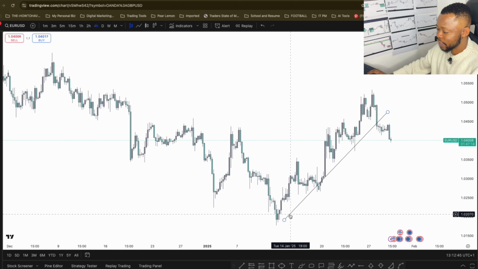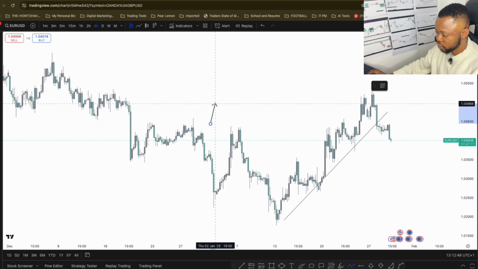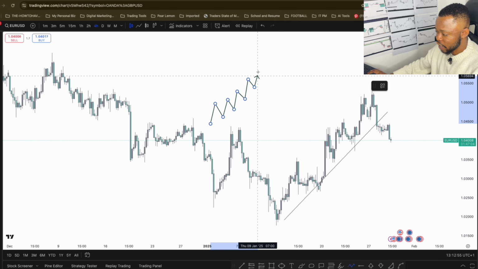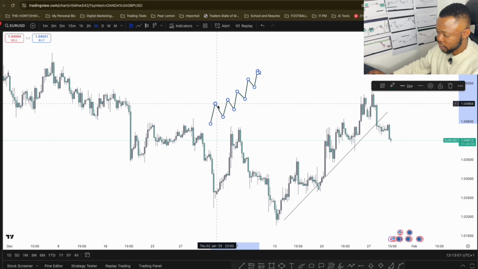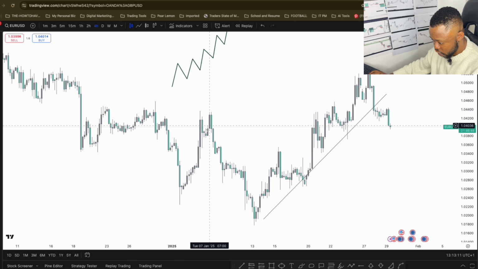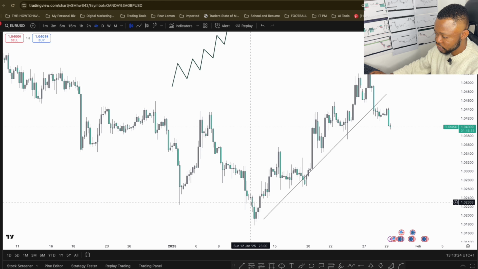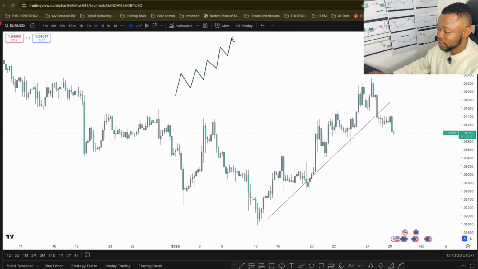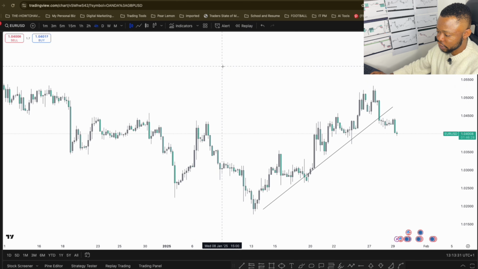Market structure just explains how price moves from one level to another, one level to another, creating higher highs, higher lows as it continues to go. So it creates a new high, new low, new high, new low. That is market structure. So if you see what I just drew here, it basically depicts what is going on in the market currently. We have price create a new low, made a bit of high, sellers are ready to sell here. We had new momentum in the market, new position to sell, and price just keeps going in waves. That's just what market structure is. So we can expand on this in later videos, but that is the basis of market structure.